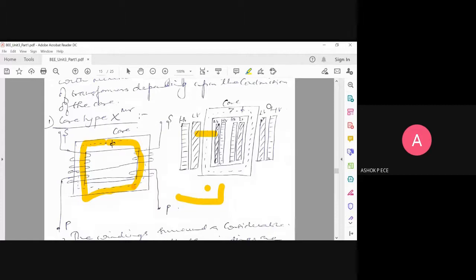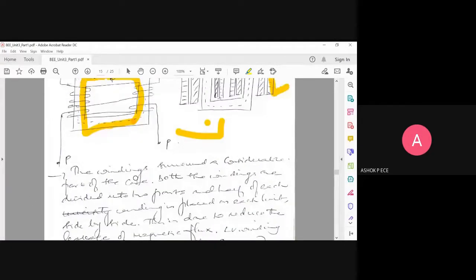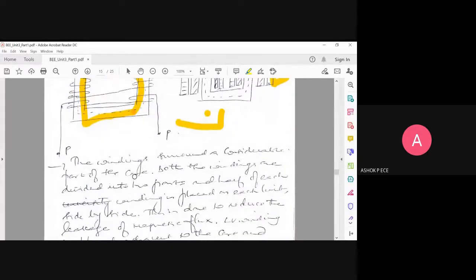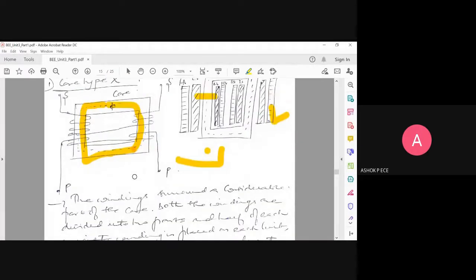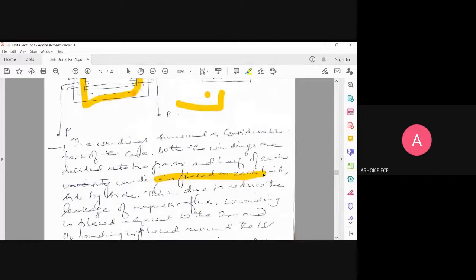Okay. This is a high voltage winding, and this is a high voltage winding. Two high voltage windings are going to stay away from the core. So the windings will almost cover your core, and you are dividing the core into two halves. The upper half is going to be for my secondary winding, and the lower half is going to be for my primary winding. So that is done here.